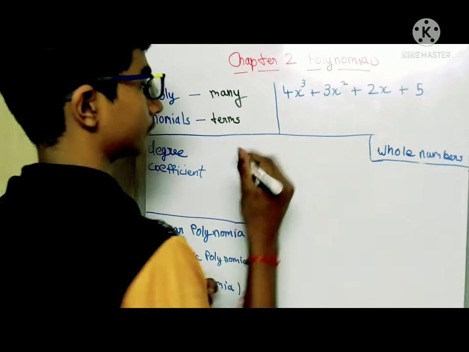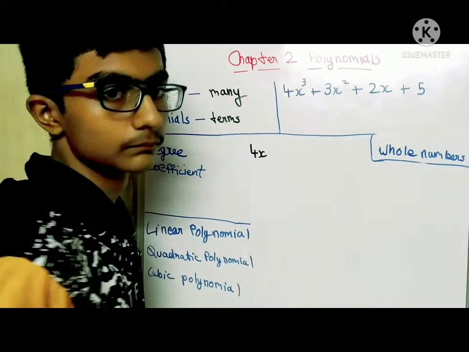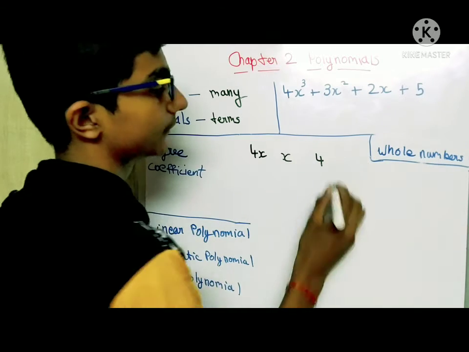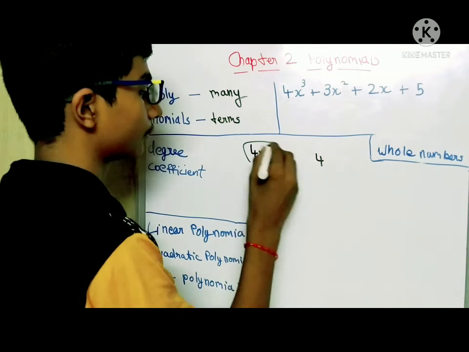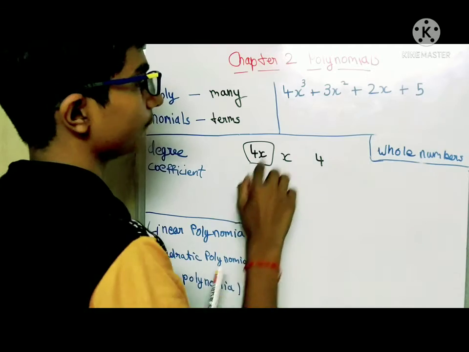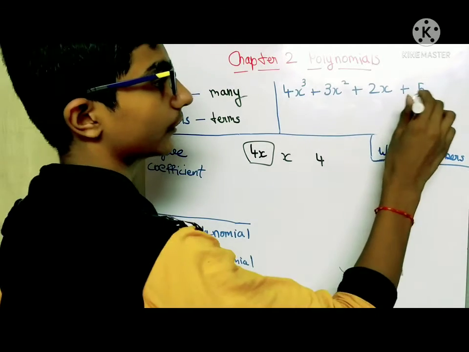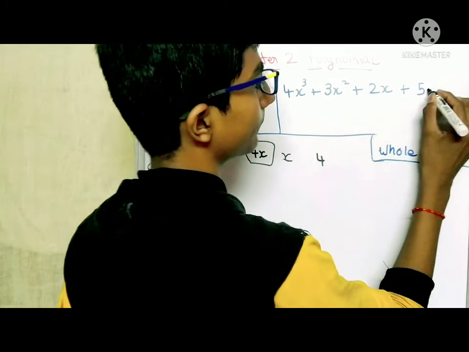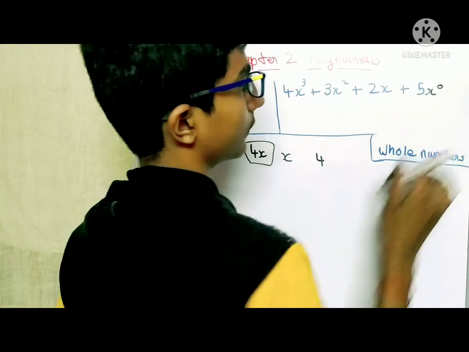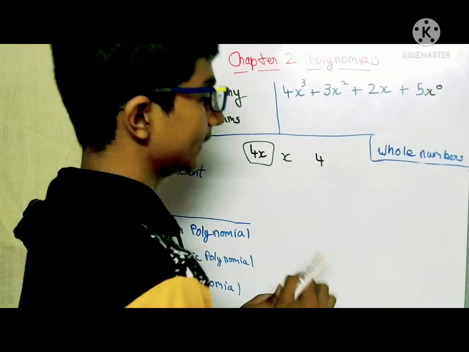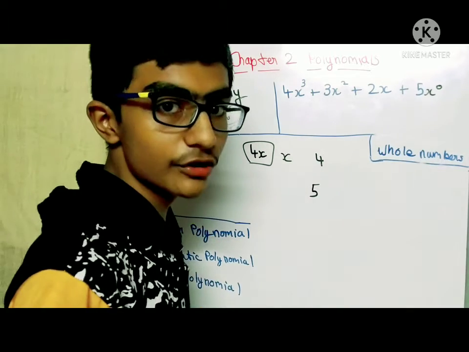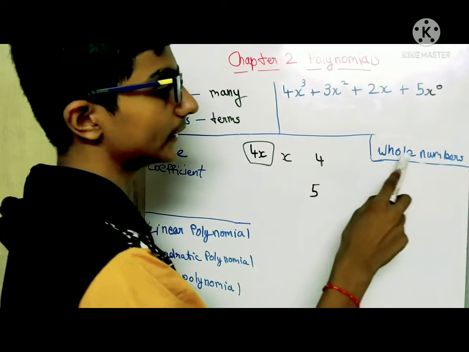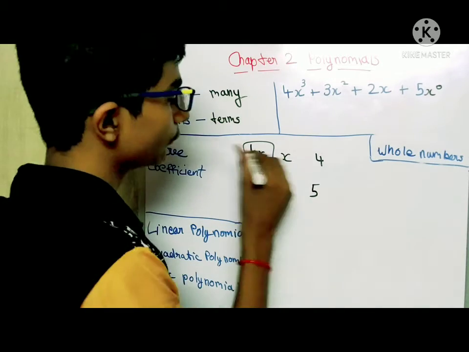See, what are terms? This is a term. This is a variable, and this is a constant. So this is called a term. Right now this is not a term, but we can make it a term by adding a power. Remember, when only a single number is given in an equation and you want to make it a polynomial, you have to add the degree as a whole number and make it a term.